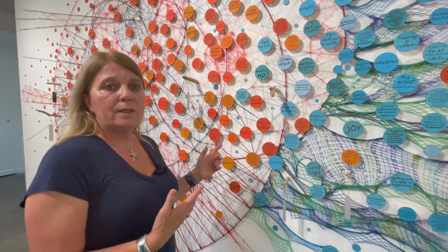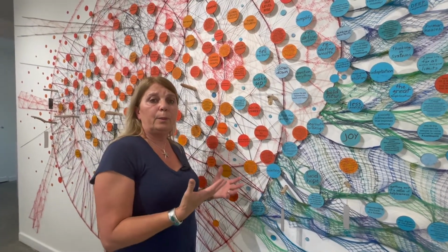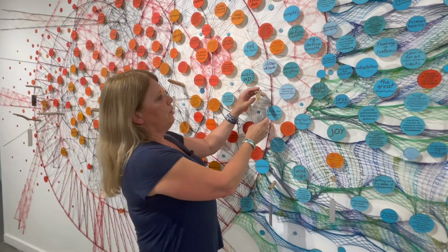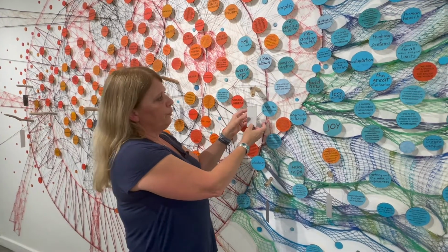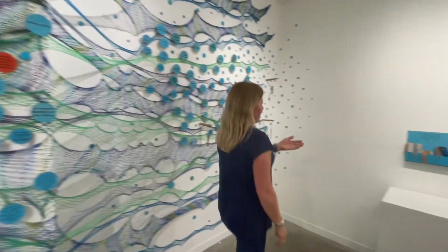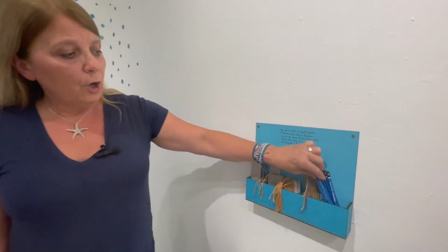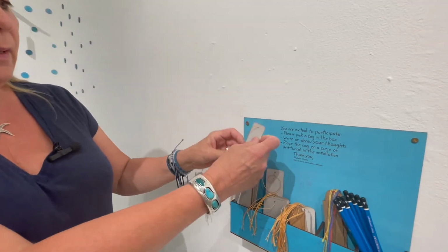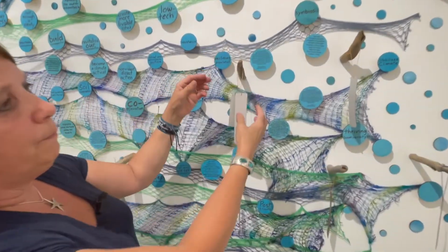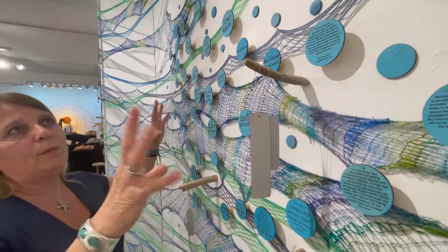This installation is participatory. I do a lot of participatory installations. I really let the public share their thoughts. So for this installation here, on the little pieces of driftwood on the wall, people can take a tag in this box here, pick the size, and write their thought on the tag, and then place the tag here on one of the driftwood. So the driftwood is peppered through the installation in this part here that is more, I would say, the